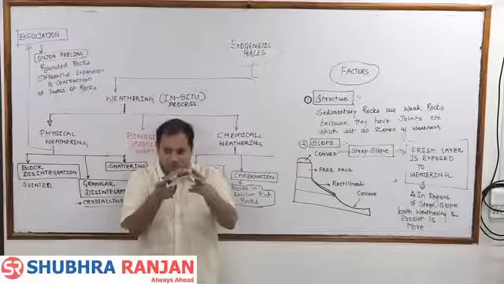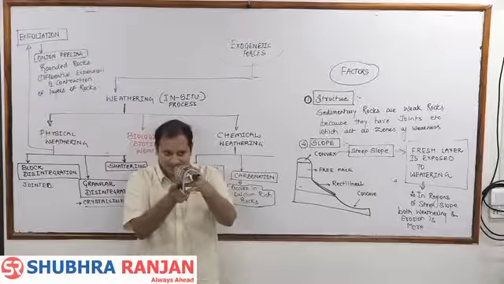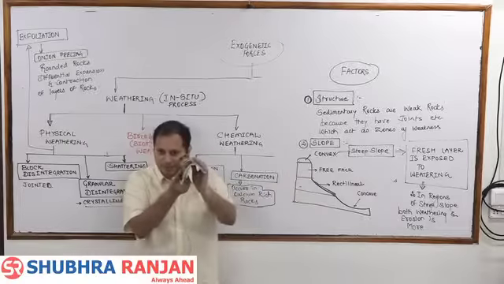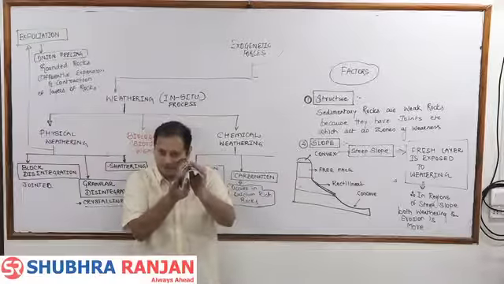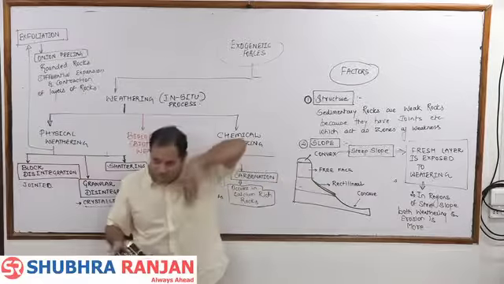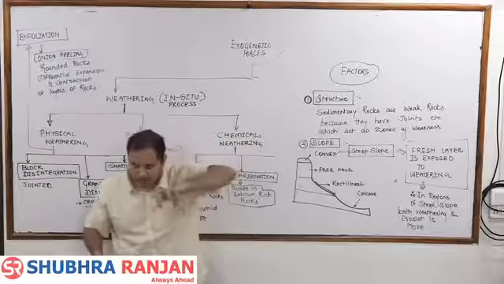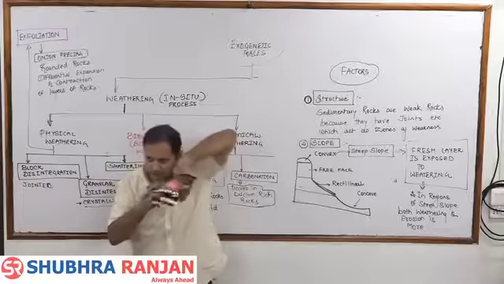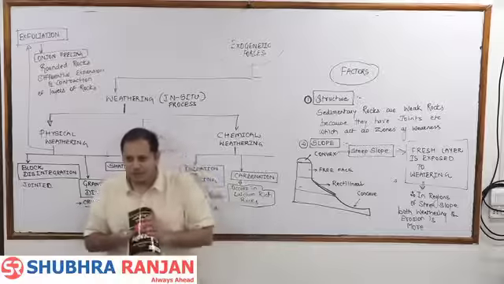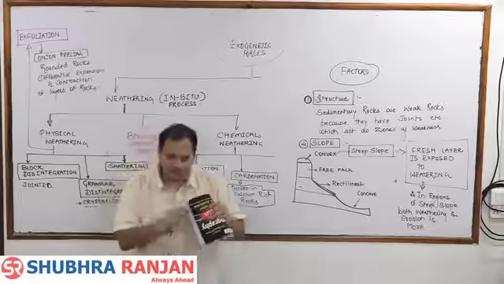If the endogenetic force matches the exogenetic force, as much upliftment is happening, that much erosion is happening. The free face is very, very steep, so obviously no sediments, no weathered material will stay on the free face, because whatever weathered material there is will break and fall down. And if the river is in the mature stage, it can remove as much weathered material as is deposited, so it will be